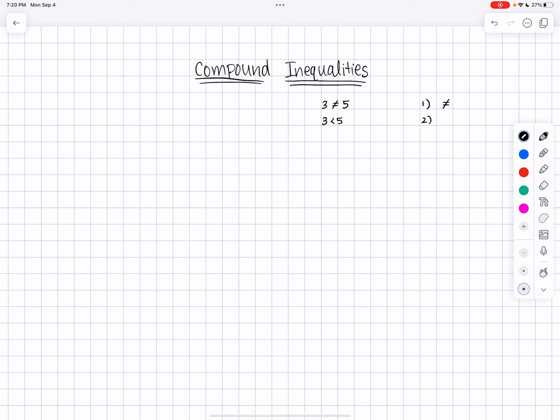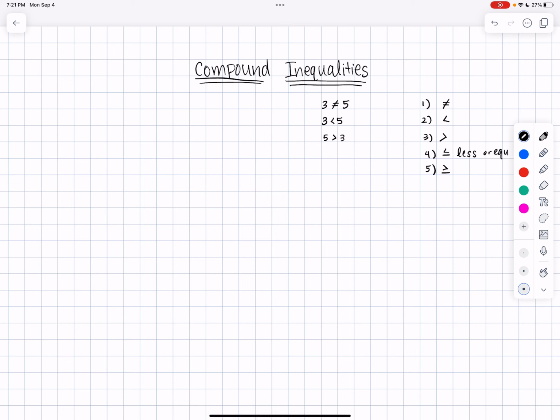So that's our second symbol, less than. And then we can have 5 is greater than 3. So our third symbol is greater than. And then our fourth and fifth symbols are variations of our second and third. So we have a line beneath the less than and greater than sign. And these lines basically indicate that the number is less than or